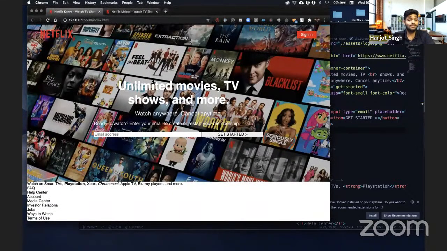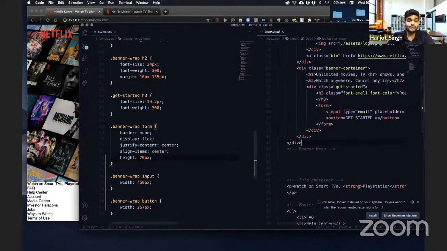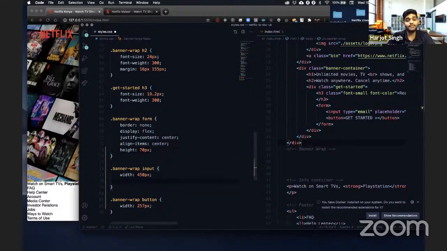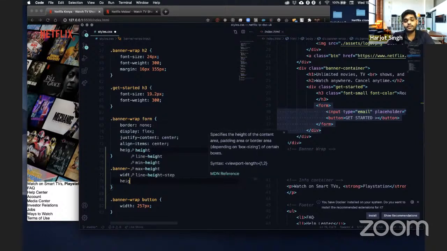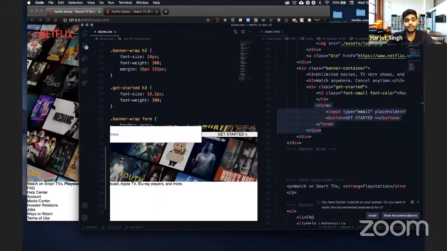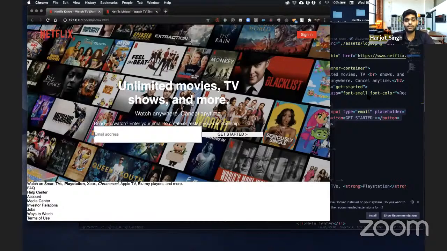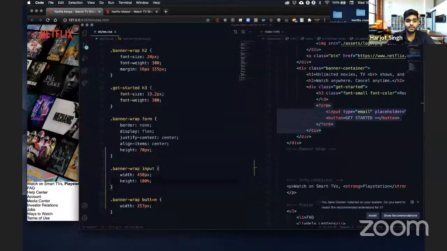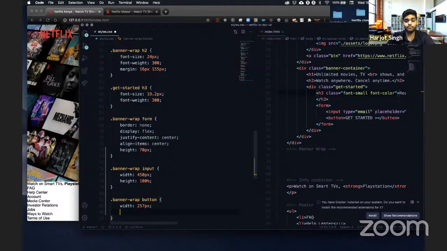Nothing changes. We did give a height of 70 pixels, but nothing changes, which means the input and the button itself need to fill the height of the parent component. The parent component is the form, so input needs to fill that. So height should be 100%. That means it needs to fill 70 pixels, the height of the form. Let's save that and check, and perfect. That changes the height to 70 pixels. I'm going to do the same thing for the button. So height of